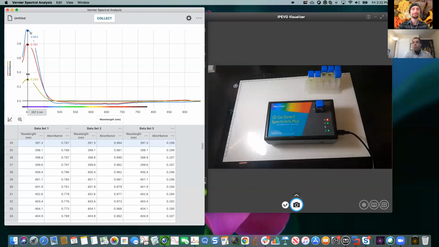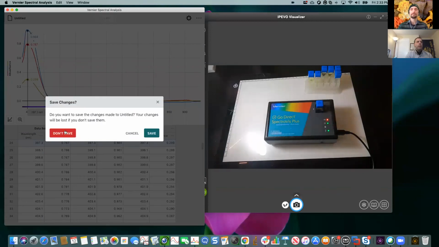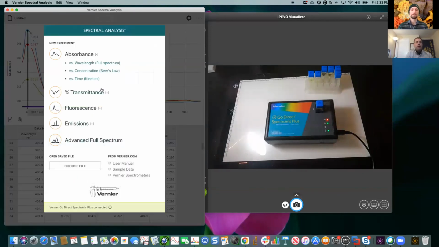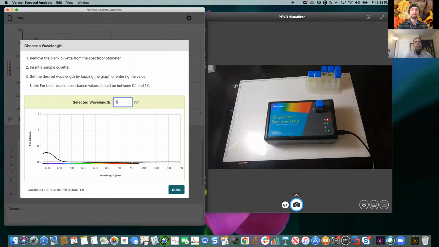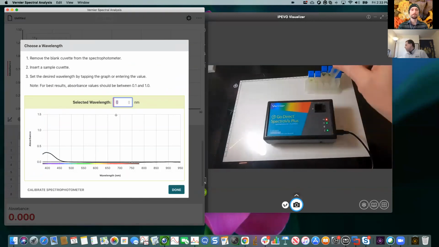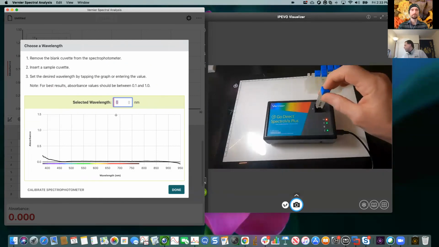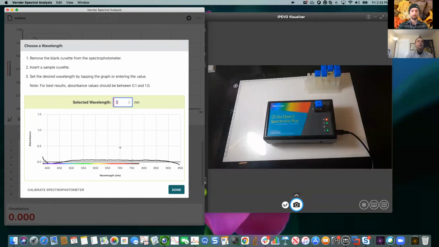Right now, there's a way that you can set this up to show just an individual wavelength too. I don't want to spend too much time on that, but if I hit new experiment, I could say, let's just do this as a function of time. I could say, I want to track an individual wavelength. I'm just going to put shiitake in. This is a live readout down here of it, and I could click on it. And then like in the instructions, I could just pick like 403.